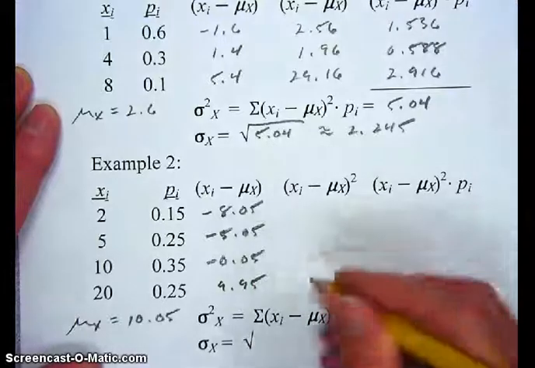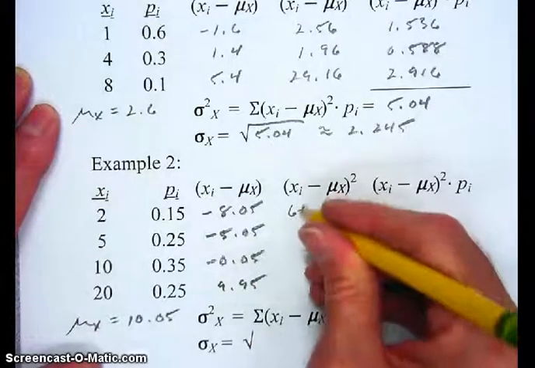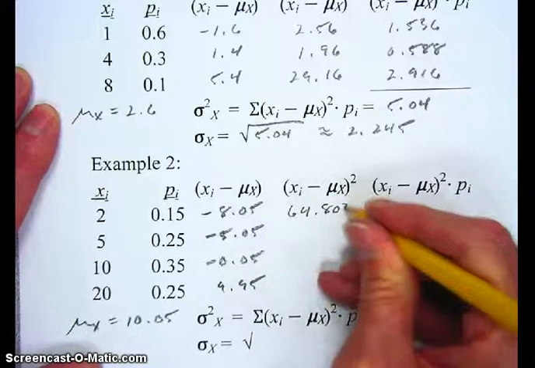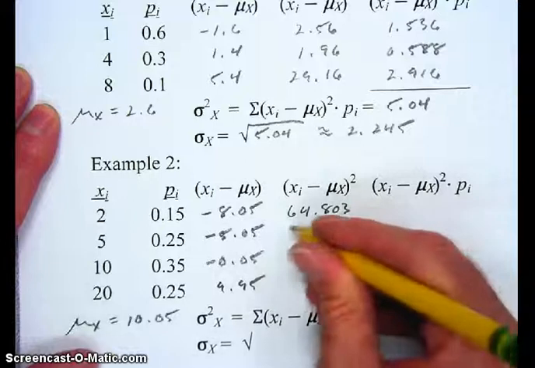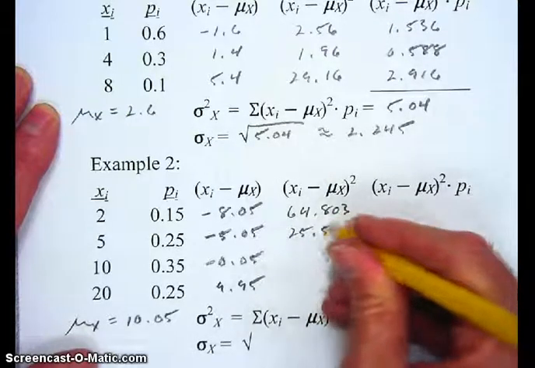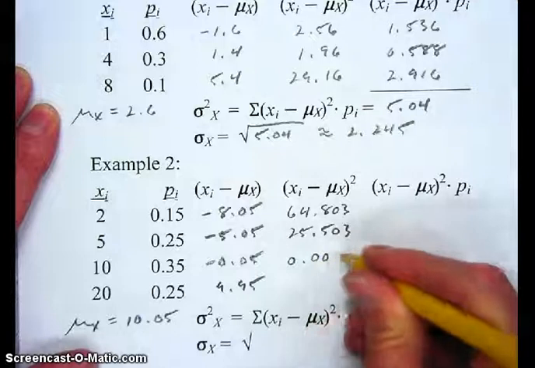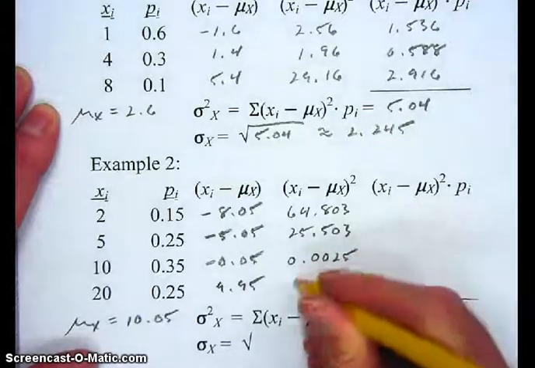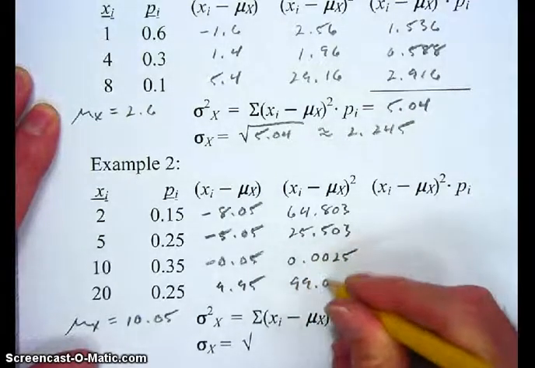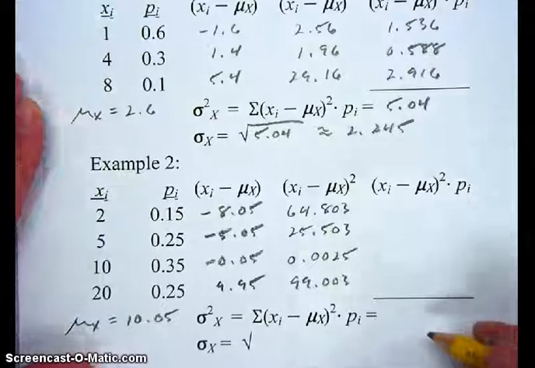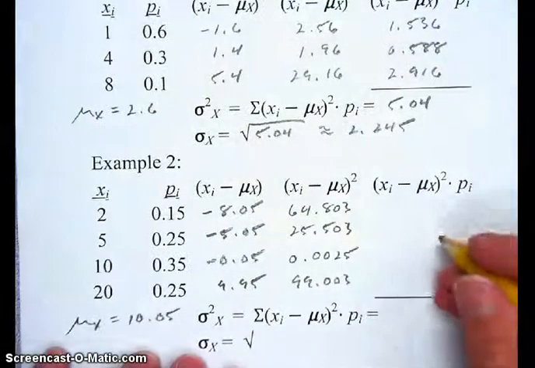When we square these, we're going to get 64.803, 25.503, 0.0025, and 99.003. And then we have to multiply these squared deviations by these probabilities, and we'll get